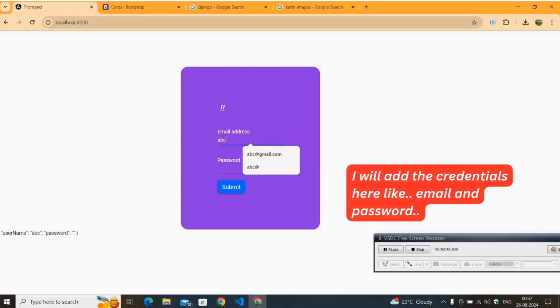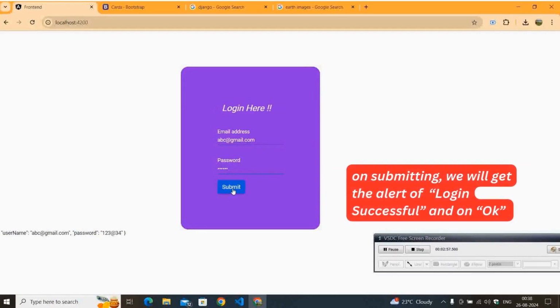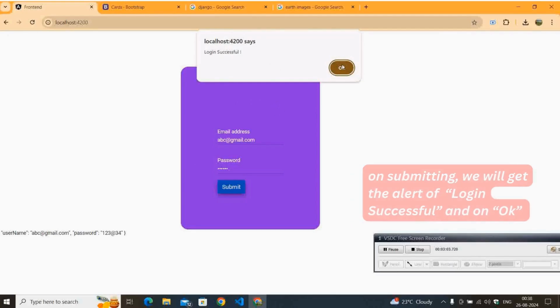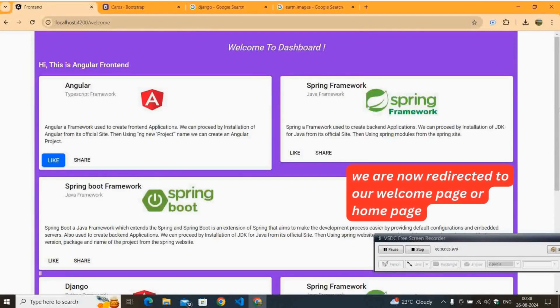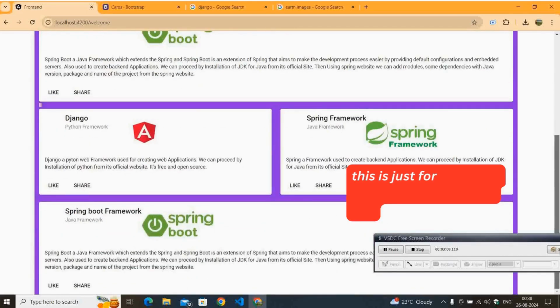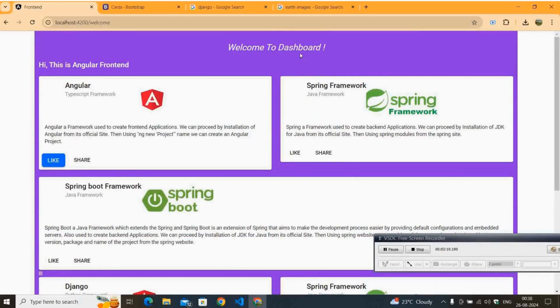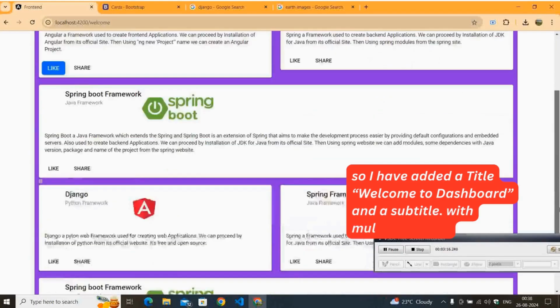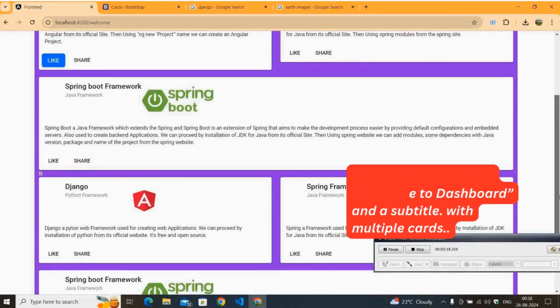I will give it here like abc@gmail.com. That is our email ID, and anything for password. Redirect us to our welcome or dashboard page. This is just an example. So I have added a particular welcome to dashboard, a particular heading with some particular cards with